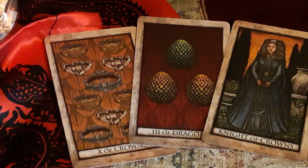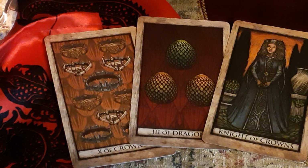Okay, so I found some information in the front of the book that the suit of dragons represents communication or actions, and these are your wands. And the suit of tankers is your cups. The blades, this is the suit of knowledge, learning, and that is air. And the suit of crowns is wealth and material goods, so that is our pentacles. Now, if we go to looking at the Knight of Crowns,